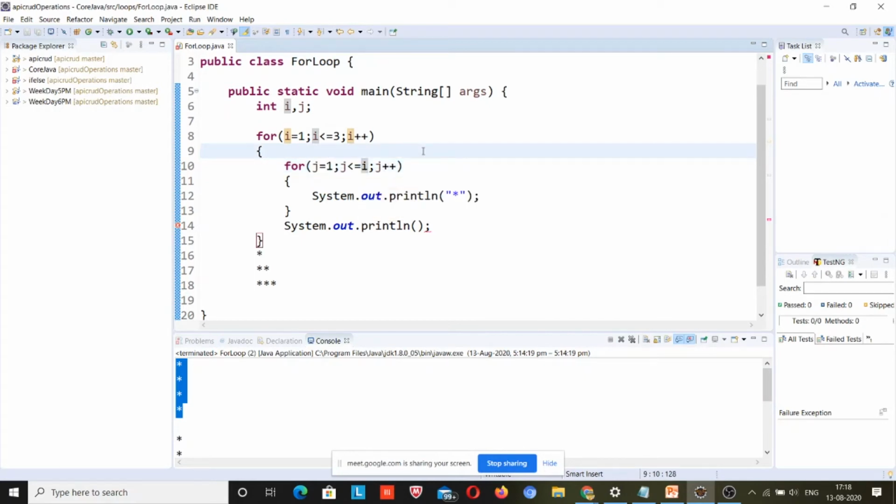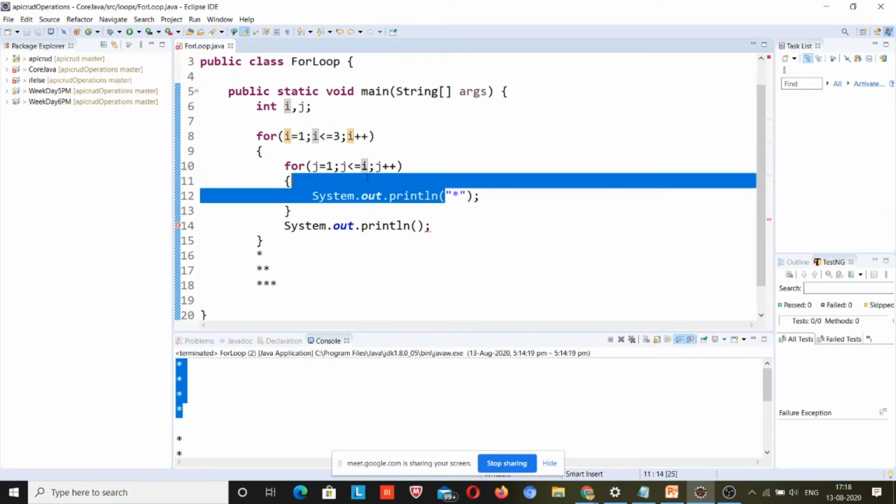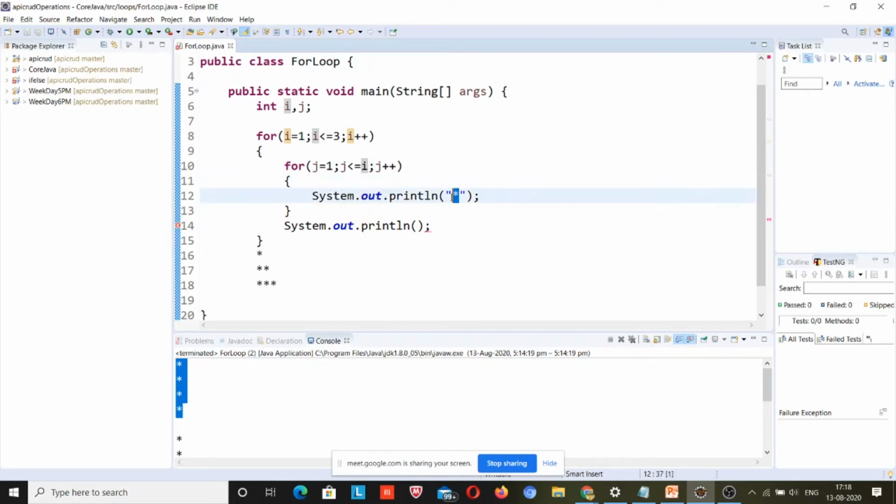So this loop will run only i number of times. If the i value is 1, then this loop will run 1 time and print 1 star. If the i value is 2, this loop will run 2 times, so this will print 2 stars. If the i value is 3, the j value will run till 3, so this will print 3 stars, and the same happens.